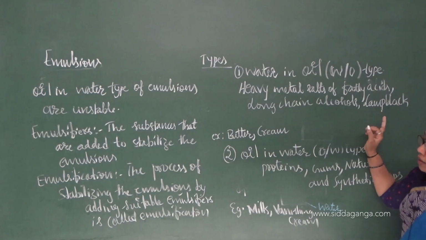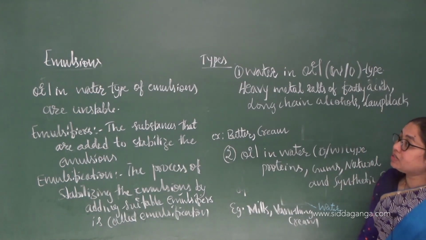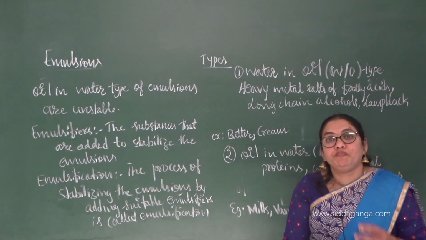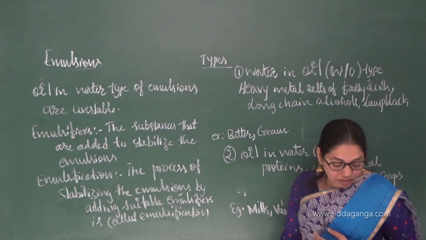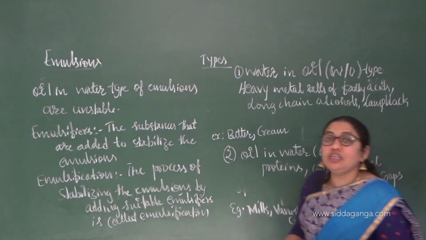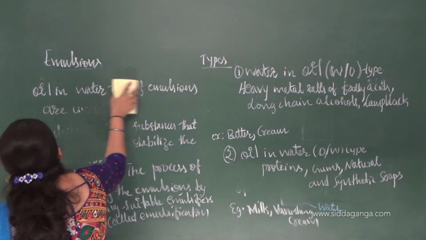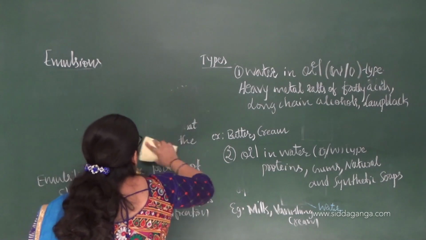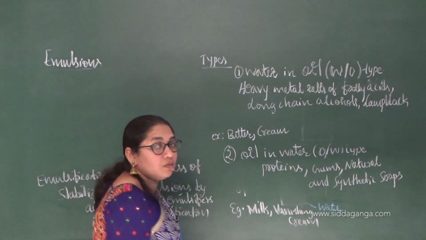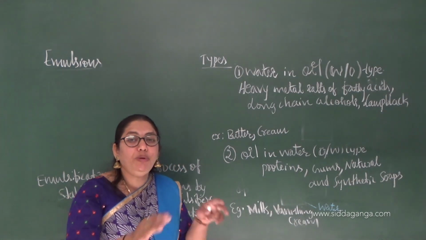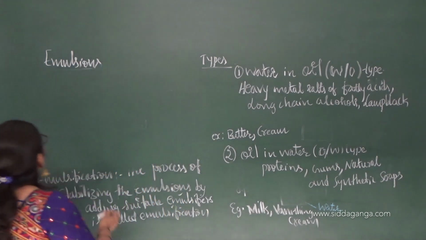Now one more important concept is de-emulsification. The name itself indicates what it means: the breaking of emulsions into constituent reagents. That is the reverse of emulsification. You know that emulsification is stabilizing the emulsions by adding suitable reagents, which should be in an interface. But here, what you are doing in case of